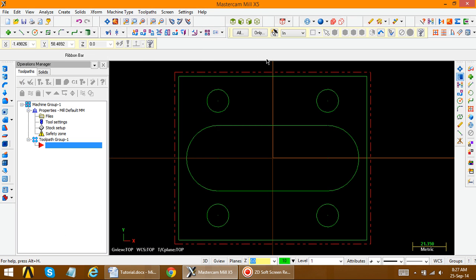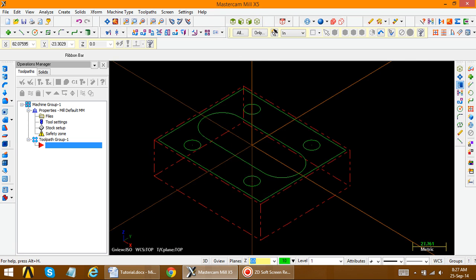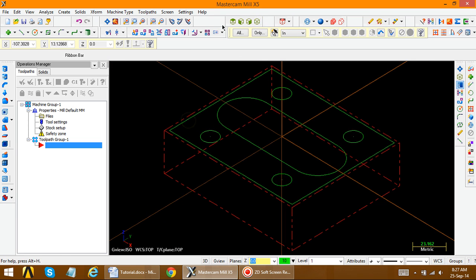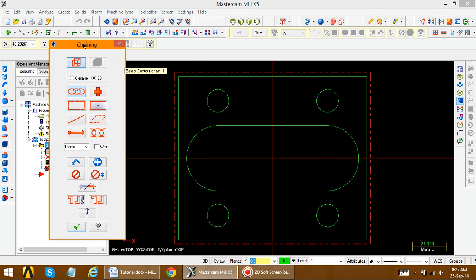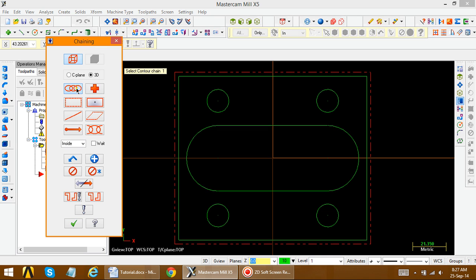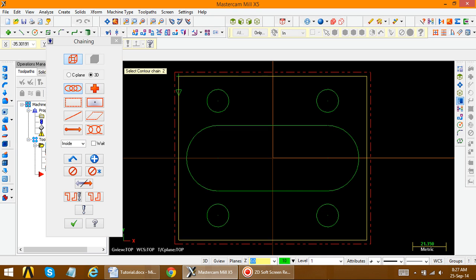Now you observe in isometric view the stock is defined. Okay, now go to top view. First procedure, we have to perform the contouring of this extra material because we have to finish the job. Now go to tool path, contour. Now we have to select a contour chain. So chain, and this chain will be selected. After selection of the chain, just be careful that the selected portion should turn yellow. All the portion should be yellow. That means all the edges are selected. That is the condition.